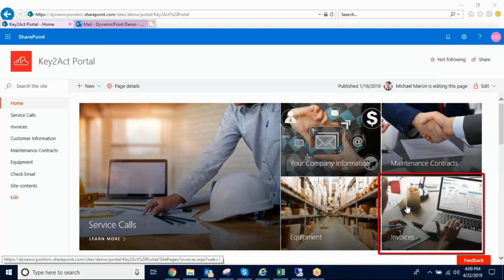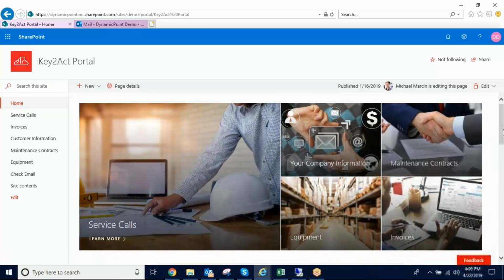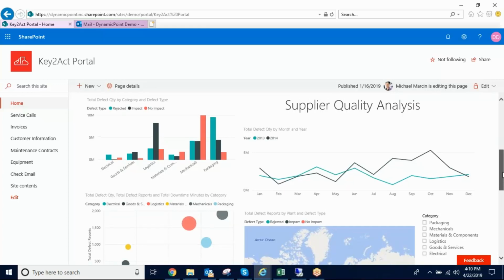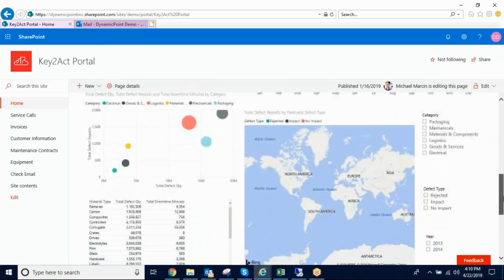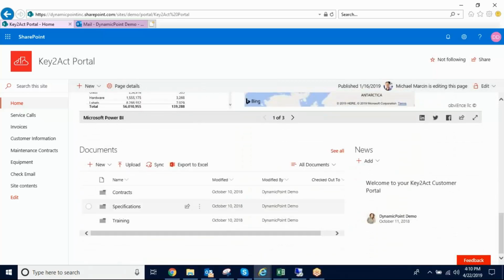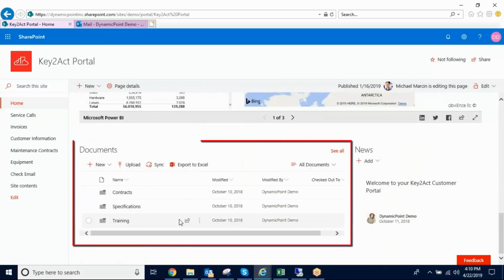They confirm the status of invoices. The customer also can log in, and if you wanted to publish reports unique to your relationship that are more visual or dynamic in nature, we have the ability to integrate Power BI reports, so that's a great option to highlight some more visual reports for your customers. You also have the ability to share documentation in the portal. That way your customer can always come and find maybe product specifications, SLAs, any of their agreement information right here in this portal unique to your relationship.